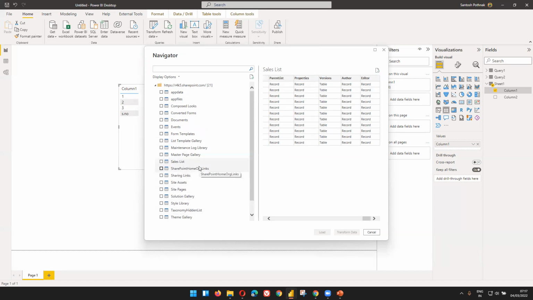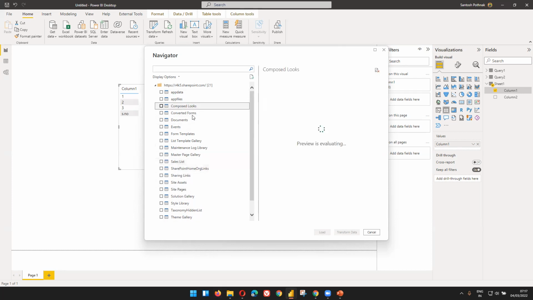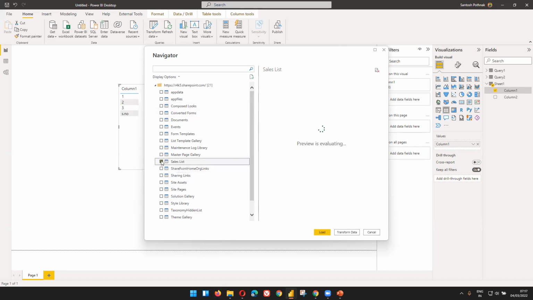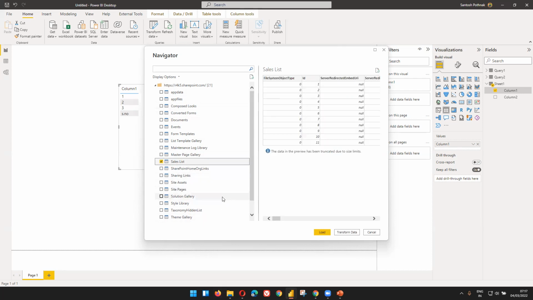What it does is basically bring you all the metadata it stores. That's where it has all the system data from the SharePoint site. It brings you all the data, so you have to identify what is required and what is not, and then pick it up. And even when you identify what is required, maybe I require my sales list, that particular list also has some system data again, because that is also stored in a certain format